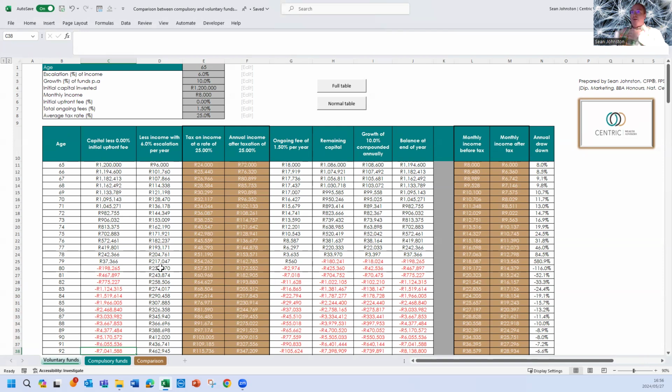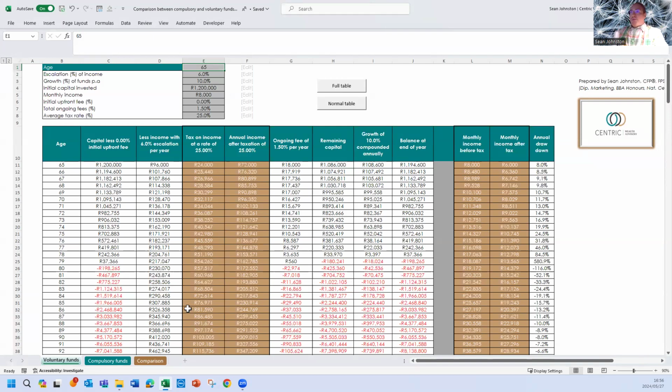And then I'm going to play around, because what you can do with this template is you can also use different ages. You don't have to use 65 because you can access your retirement funds at 55. Obviously, the longer you leave your money in general, you can have more compound interest and you can have a higher fund value, which makes a lot more sense.